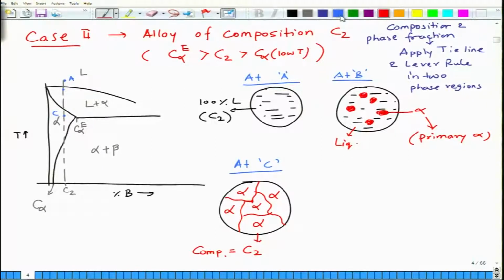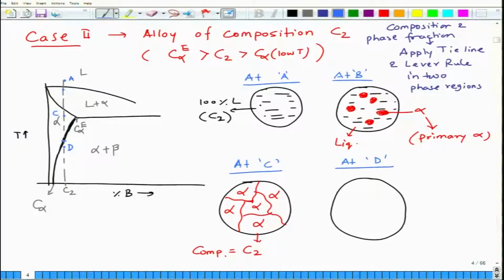Composition is same as C2. Now what happens is that when you come to point D here, as you come into the solid region and as you keep decreasing the temperature, the solid solubility of B in A decreases gradually. So this line is the solvus line that shows that solid solubility of B in A gradually decreases, which means at this point, the moment alpha crosses this particular point, and this is the crossover point, it starts losing,